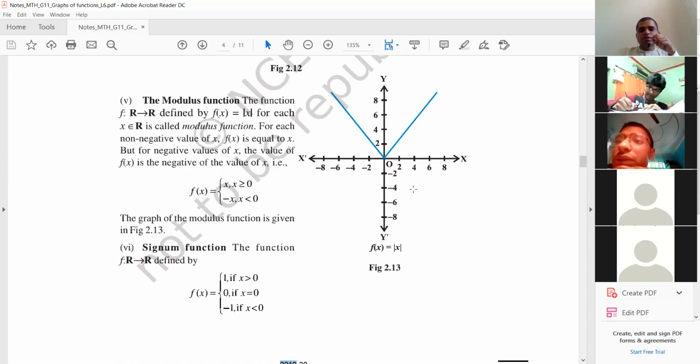Positive infinity. Range, when I ask range or domain, you have to say from where to where. From where to where values are taken. Positive infinity to positive infinity, maybe. What may be? Range is 8, I think. No, this 8 is shown only on the graph, but it is going all the way up.